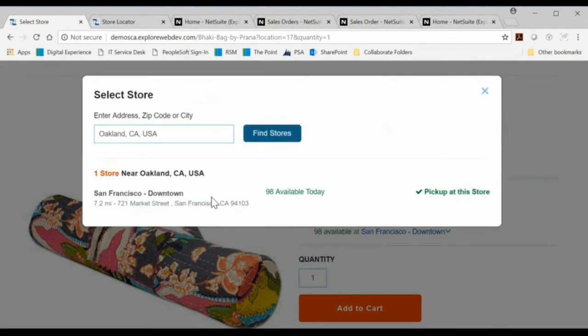And I can see that there is one store near Oakland, with San Francisco, but there's nothing available at the Oakland location, so it doesn't offer me that because it would be frustrating, obviously, as a customer to see, hey, there's a location right down the street from you, but no, you can't have it. So within this